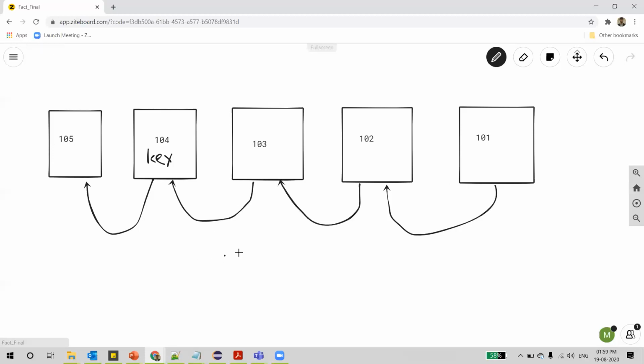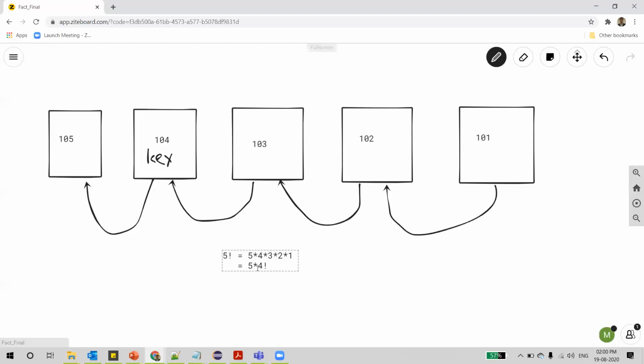Say for example, we wanted to find the factorial of a given number using recursion. In the same way, what's the meaning of 5 factorial? It's 5 into 4 into 3 into 2 into 1. Now if you observe, we wanted to find the factorial of 5. How can we do that? It is 5 into 4 factorial. We know that 4 into 3 into 2 into 1 is 4 factorial.